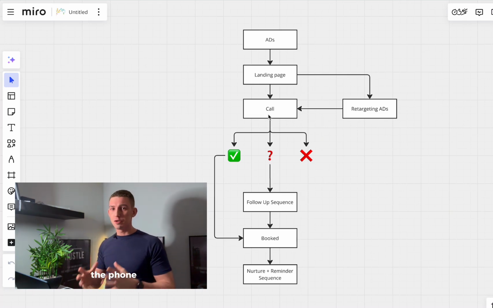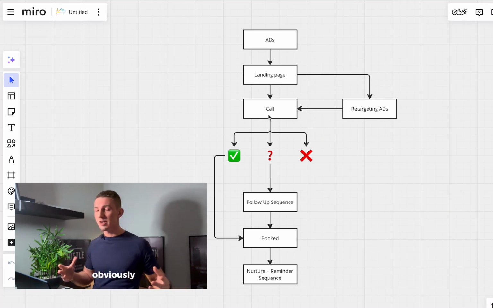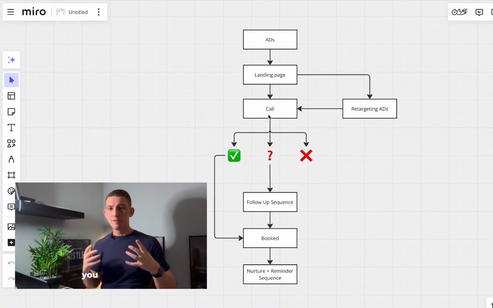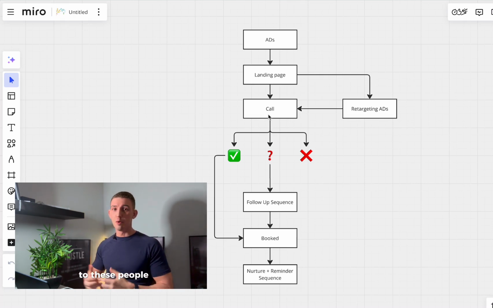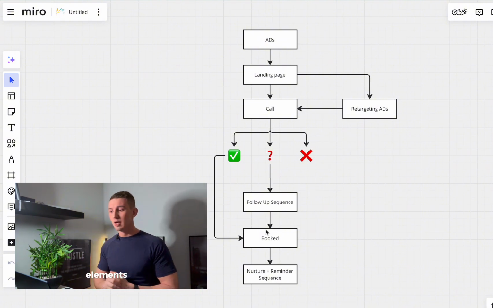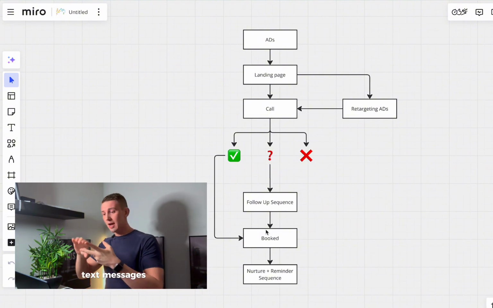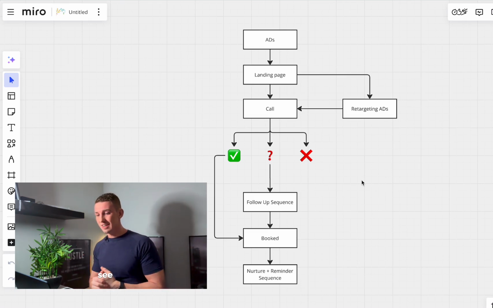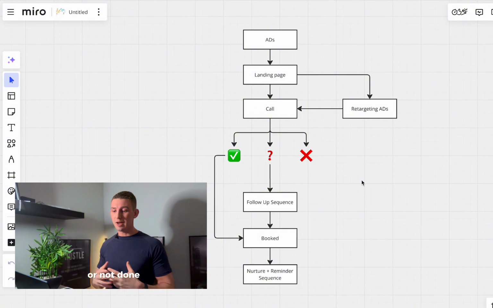So you want to get on the phone to this lead as soon as physically possible. Obviously, if it's the middle of the night or whatever, don't be calling people then. But as soon as you physically can, you want to be on the phone to these people, booking them in to whatever those next steps are, okay? And if you can't get on the phone, then you need a nice, strong follow-up sequence across different elements. So SMS, text messages, and email as a minimum to prompt this person to get booked in, right? So those are the things that we typically see are missing or are not done as well as possible